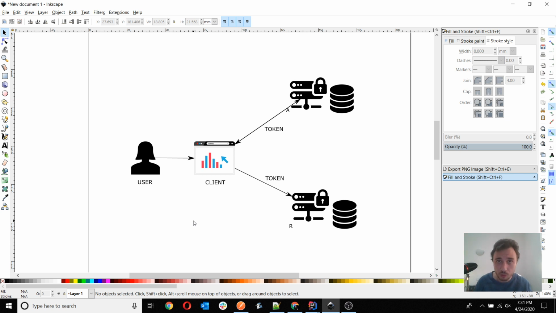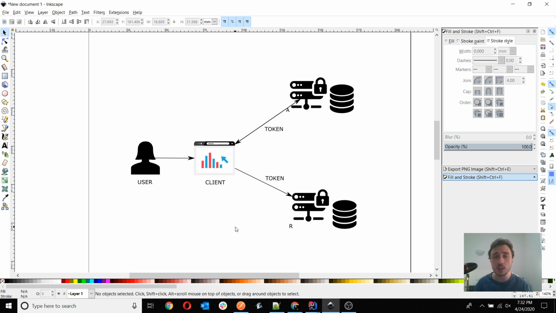OAuth 2 defines several grant types. We will discuss four of them. There are more, but some are not supported by Spring Security and one is deprecated, so not essential for you. So basically the grant types, the ways in which the client obtains the token, that we'll discuss are